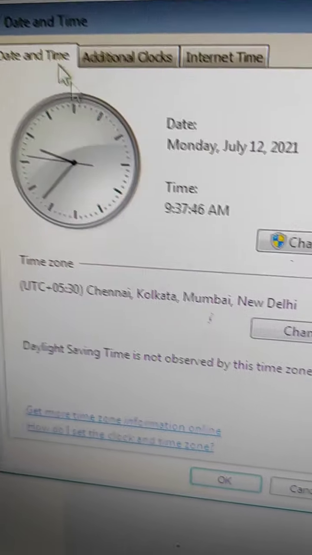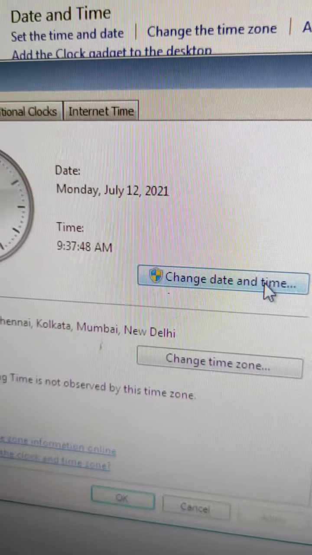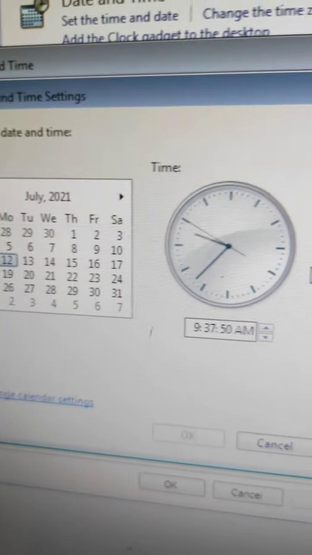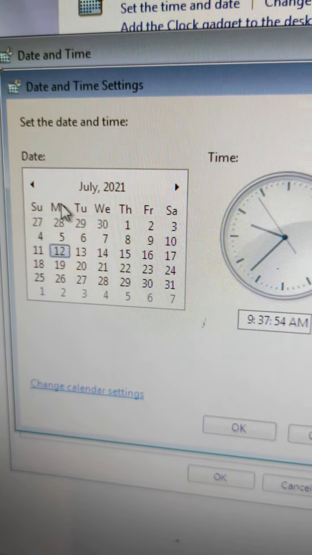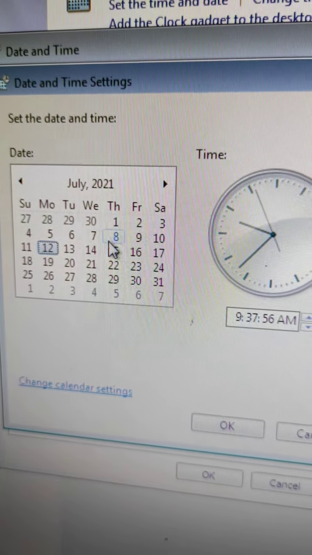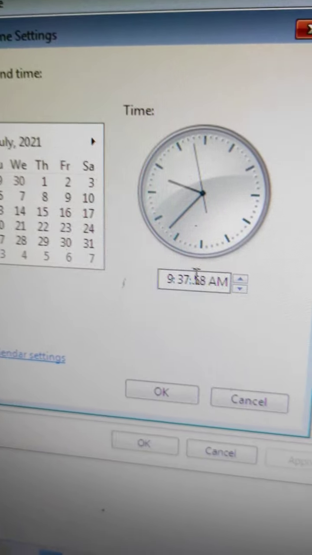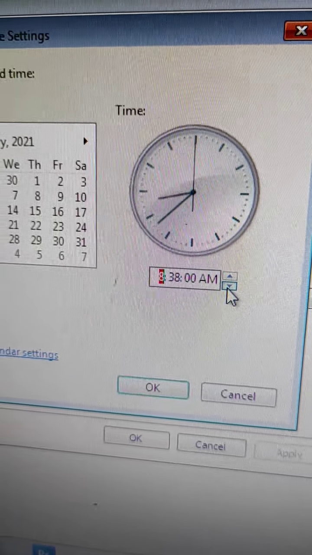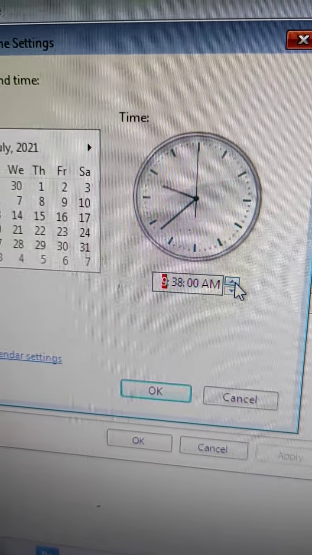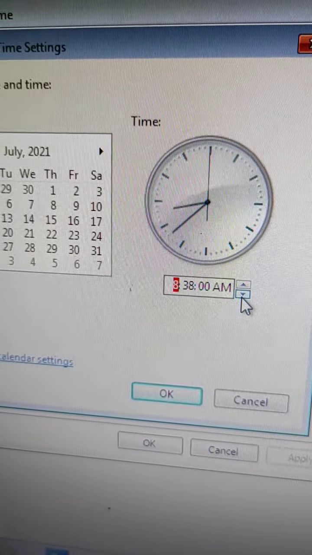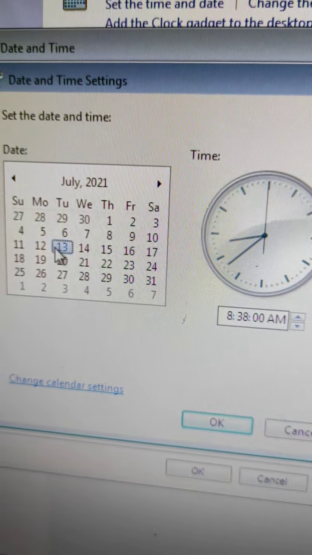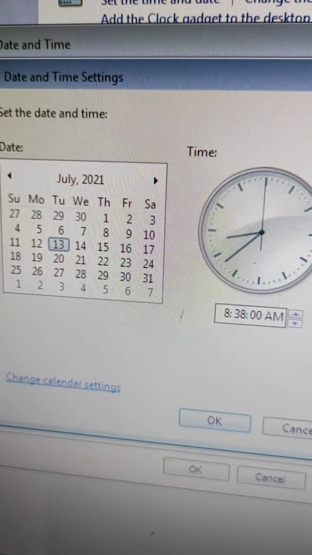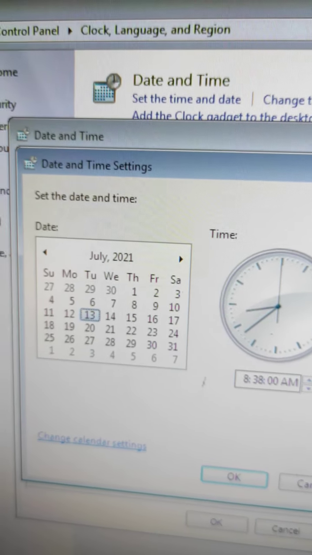Click on change date and time first. Then you can change the date from here, and the time from here, AM, PM like this. After clicking on the OK button, your date and time will change. Now I am not changing it, you can change it from here.